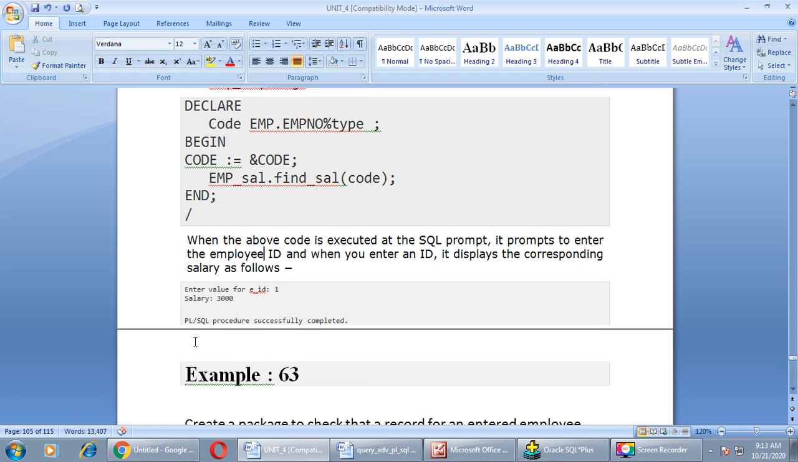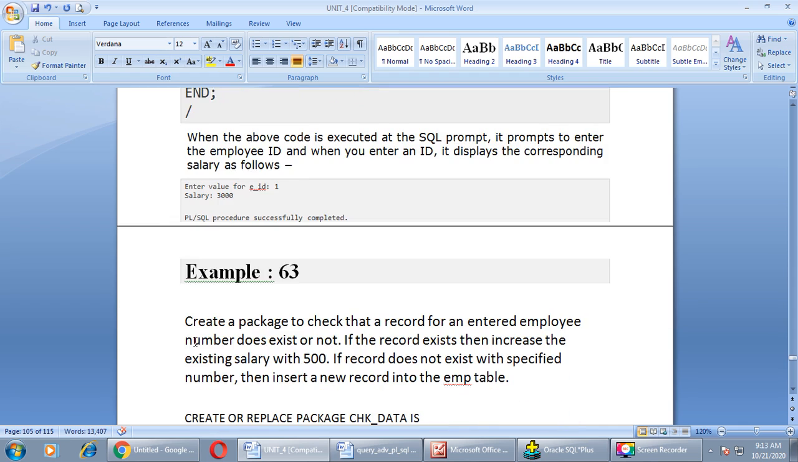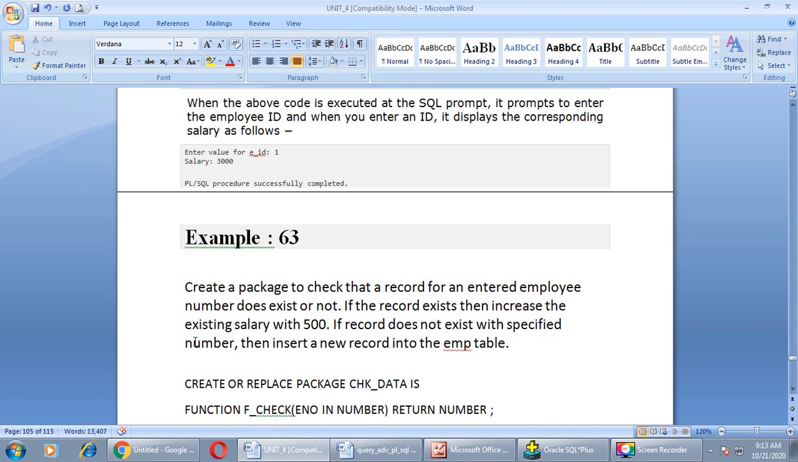Let us create one more package. Create a package to check that a record for an entered employee number does exist or not. If the record exists, then increase the existing salary with 500, and if the record does not exist with the specified number, then insert a new record into the employee table, right? So here